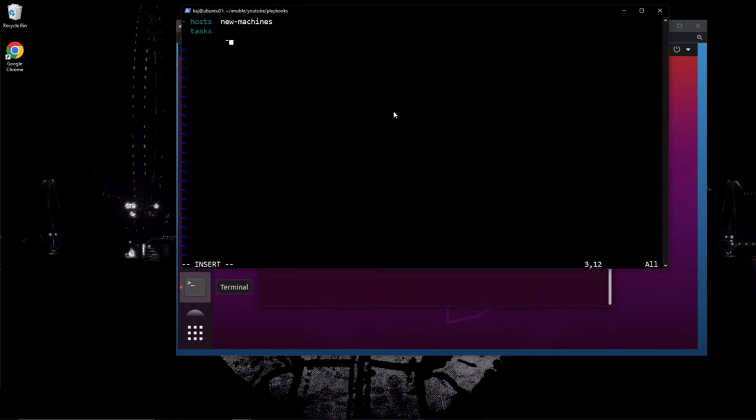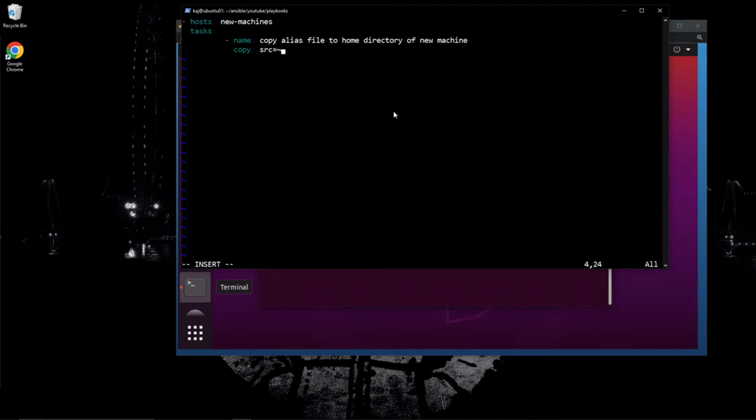Alright, so the first thing is we are going to name it, so this way when we are running our playbook we could see exactly what step it is doing. So we are going to say copy our alias file to home directory of new machine. Then we're going to use the copy, and then the source is obviously going to be the alias file that